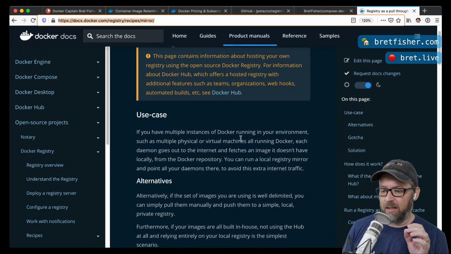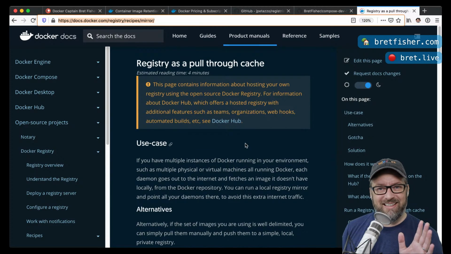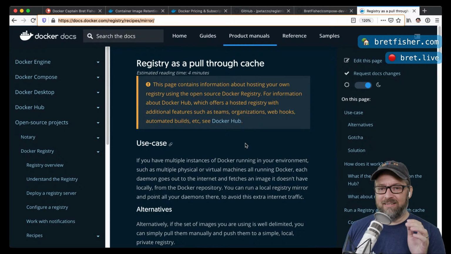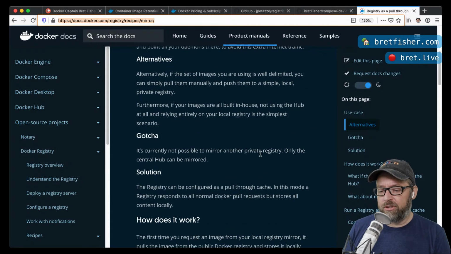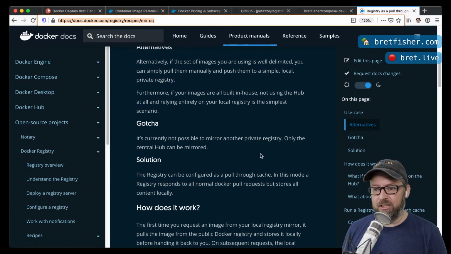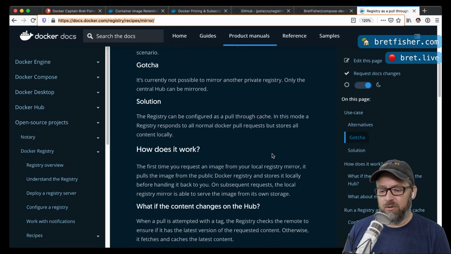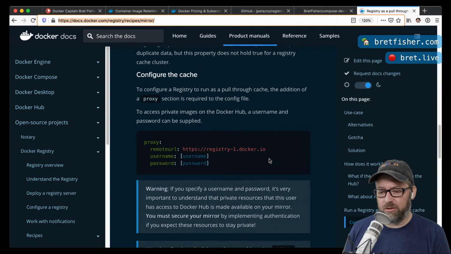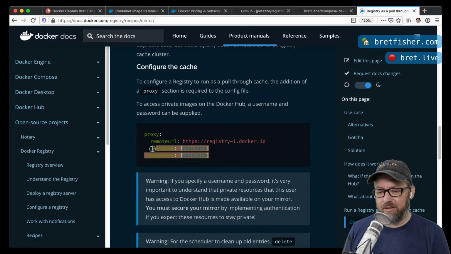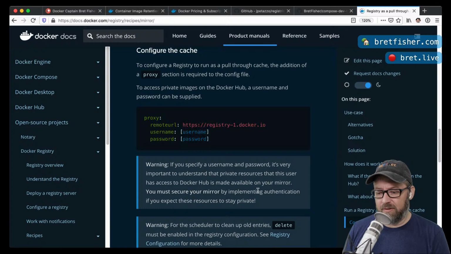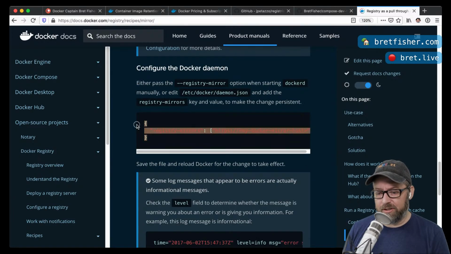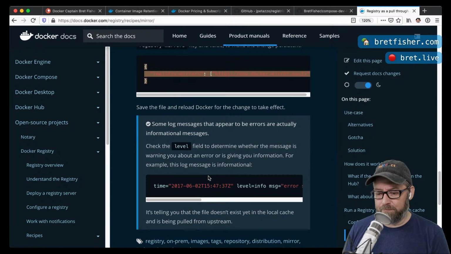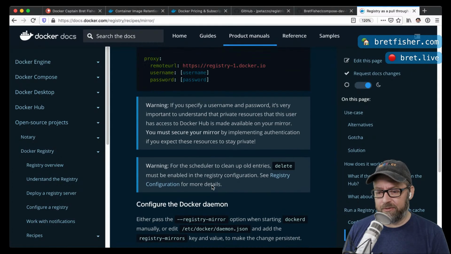This is probably the most, I'm not going to say it's the easiest solution, but it's a single image. It's the Docker registry, which you've probably played with if you've ever taken my courses. And what you're doing is you're going to tell the Docker engine on each machine to use this as a cache. So it kind of shows you how to do this inside of Docker. Actually, that's down here. You're going to look at registry mirrors. Yeah. So it's only a couple of steps.